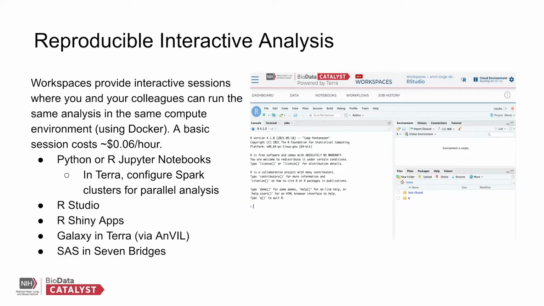Reproducible interactive analyses also leverage Docker, and these are used in our workspace environments. So when you leverage Docker, you and your colleagues can run the same analysis in the exact same compute environment. An example session costs about 6 cents an hour. And interactive analyses are used for